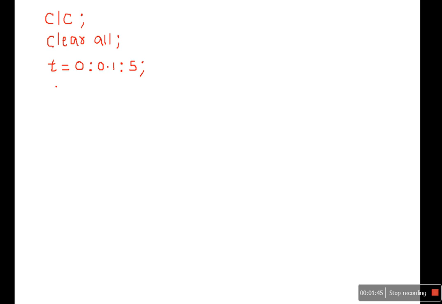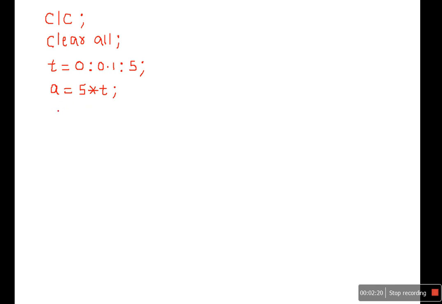So next, after the time variable we have to give a variable, that is the ramp signal. It's a straight line signal as we know. So that is A times T. So here I am giving a variable A is equals to some scaling factor into T. Here I am taking the scaling factor as 5. So that is 5 into T. So T time I should take, no? That's why we have given the time. After time only we have to give this expression. Now here till A value I have generated the signal.